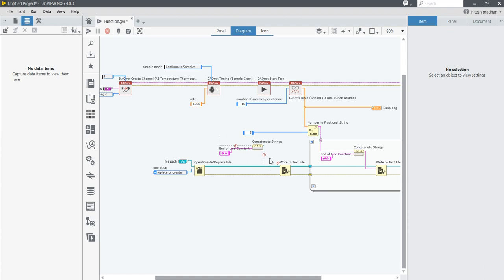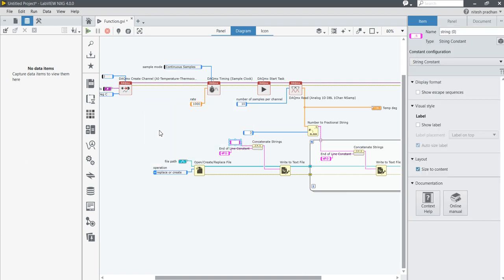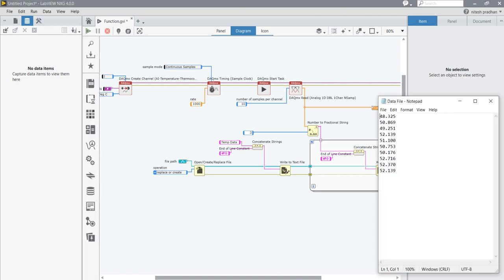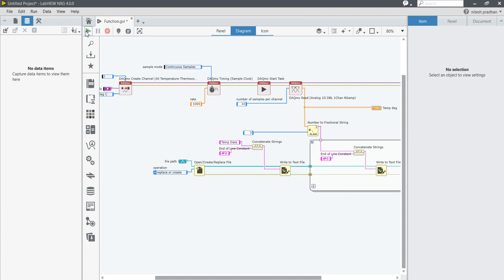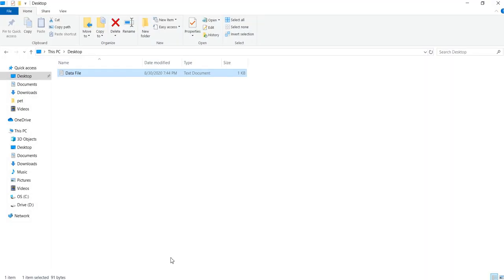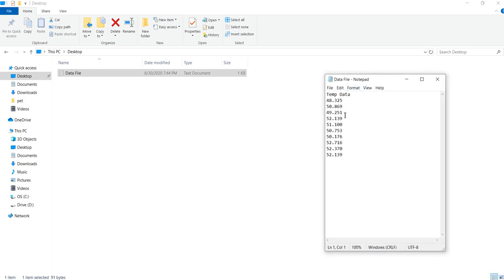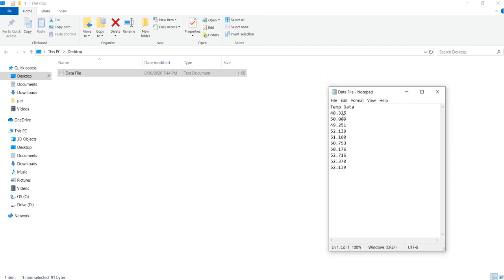Drag and paste here, Control B, temp data. So here I had written the temp data. Now let's run our program. Run. So we'll see in the new file, temp data, after that 1 2 3 4 5 6 7 8 9 10. So after temp data we are getting these 10 values.